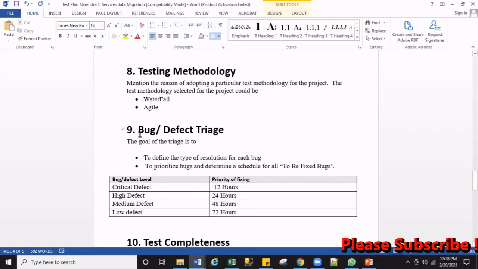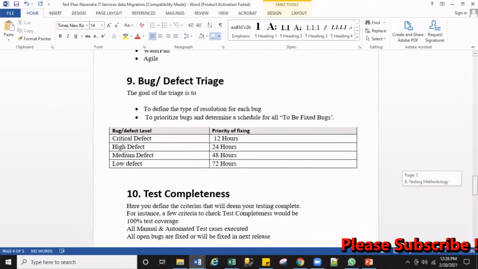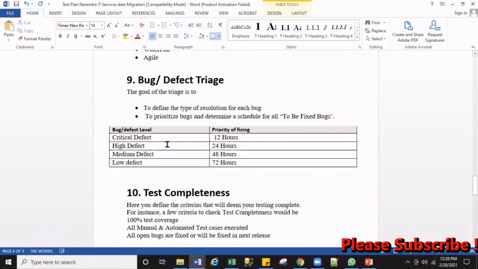What is the priority of bugs or the defect range? What is the priority of getting bugs? While during the testing time, if you find some problem, how is the problem going to be taken care of? So what I listed here: if the defect is very critical, very dangerous, then in that situation, that defect, that problem needs to be fixed within 12 hours. If the defect is high, then the problem needs to be solved in 24 hours. And most companies have this standard policy for fixing defects.